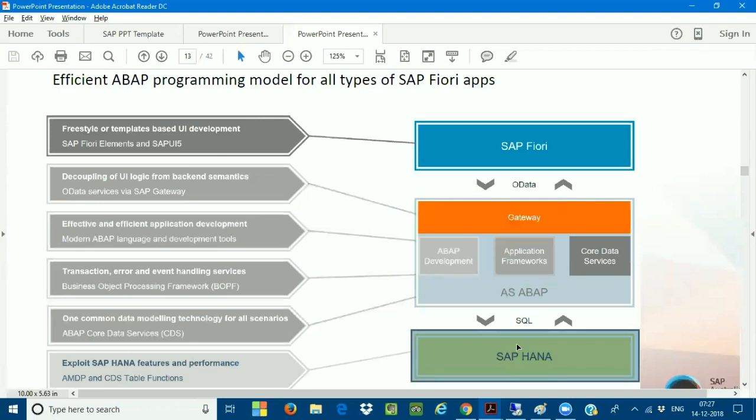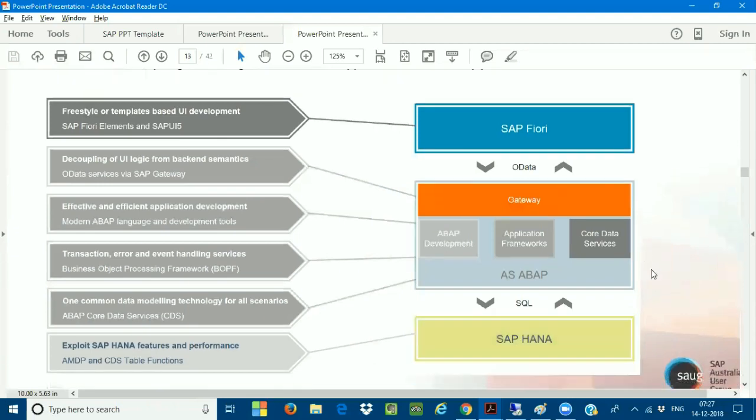Now here you can see, this is a very lean process. Here this is the HANA database. On the HANA database, through the SQL query, this is the AS ABAP. I told you AS ABAP. See, this is the AS ABAP programming. Earlier we had dual stack, AS ABAP and AS Java. Now there is no AS Java component. Only one single Unicode, which is going to be called AS ABAP. So this is the gateway connecting with the OData. OData is getting connected to your SAP. This is the front end from today onwards. No GUI.